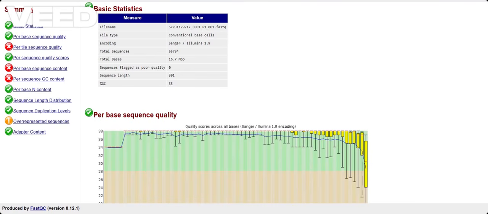We already have our FASTQ file, but before we use this file for downstream analysis, we need to ask one important question. Is our sequencing data good enough for analysis? To answer this question, we use FastQC. Today, I am going to open a real FastQC report and explain the important graphs one by one in very simple language. So let's start.